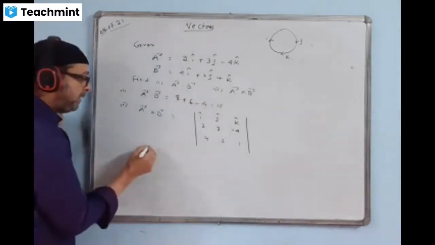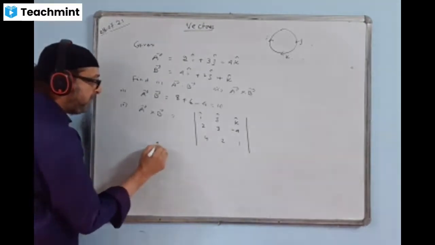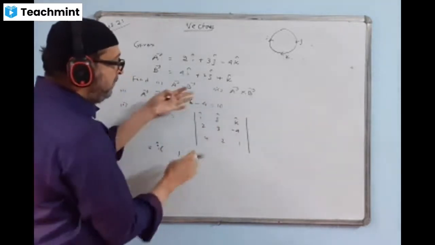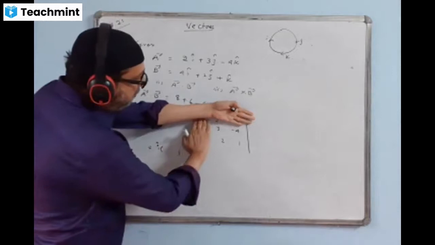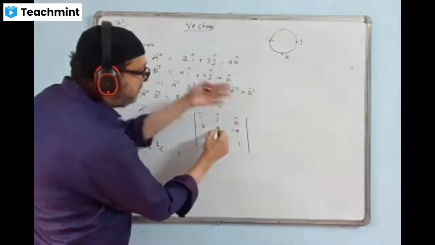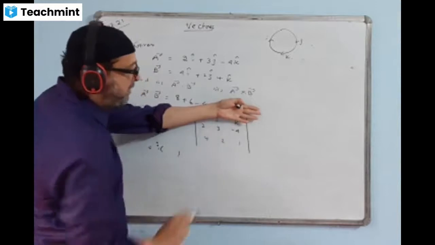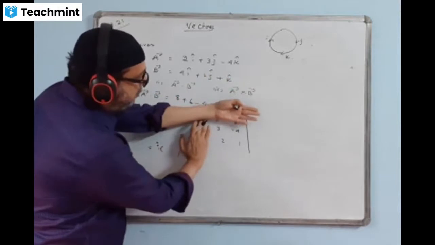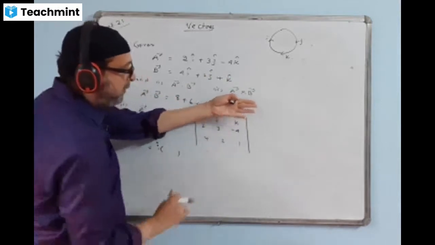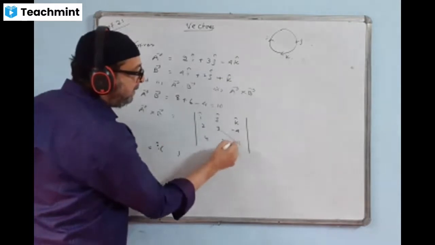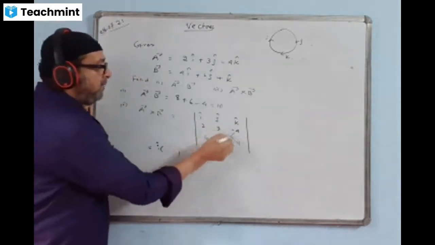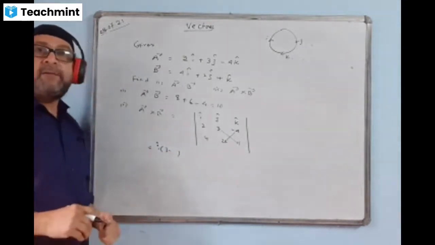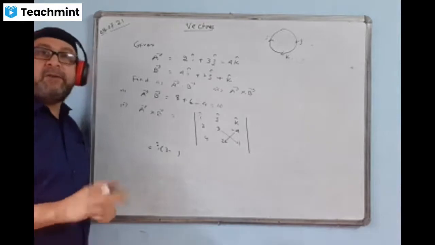Now I'll expand this determinant. Let us learn how we expand. First I'll expand with i. This is called a row, this is called a column. When you take i, you hide this row and this column. You will not take them. You see the 4 things remaining, 1, 2, 3, 4. First you will multiply this way, and then this way. 3 ones are 3. Put a minus sign in between them. This is a rule: after multiplying one corner, we always put a minus sign, and then we multiply the other corner.